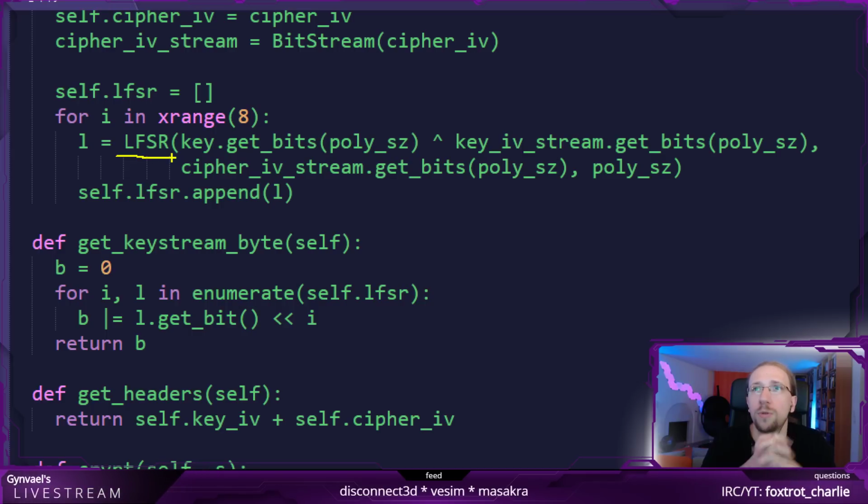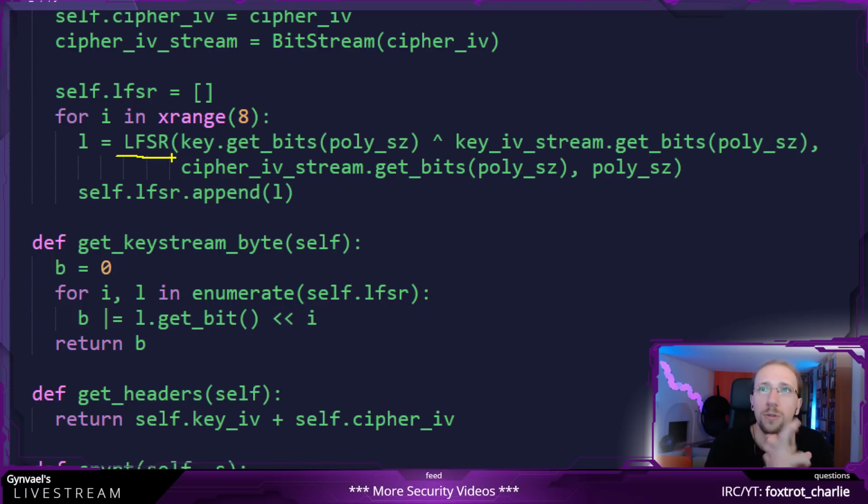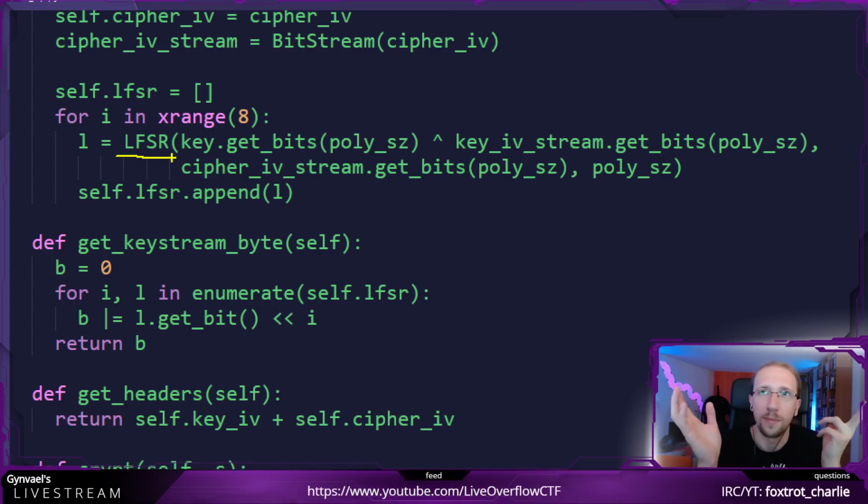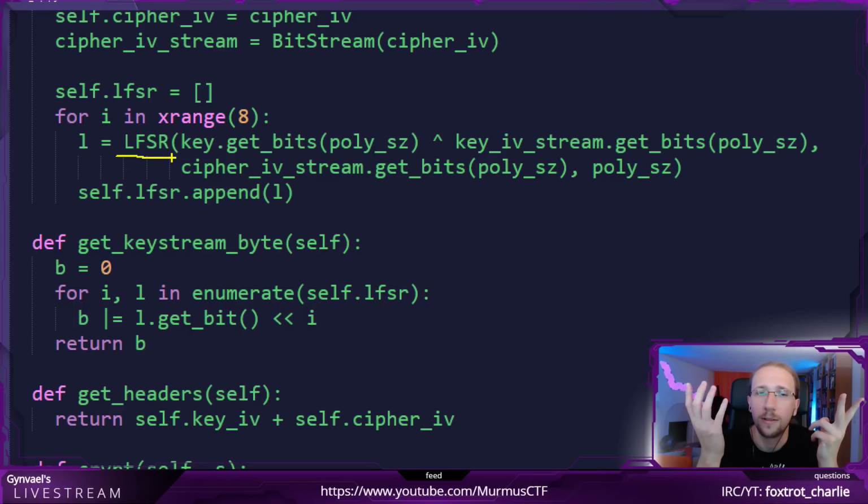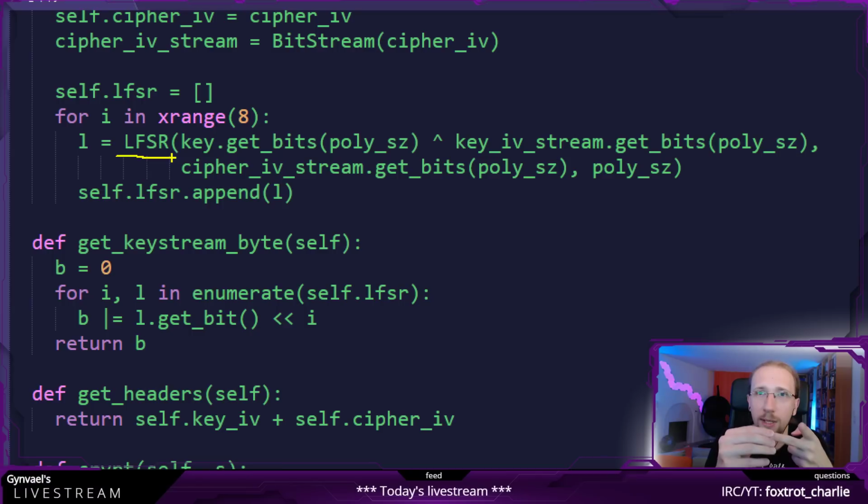As in, if you know the polynomial and you know the output of it, then that's it, game over. Especially if you know the register size of the output, so 20 bytes in our case, then that's game over.